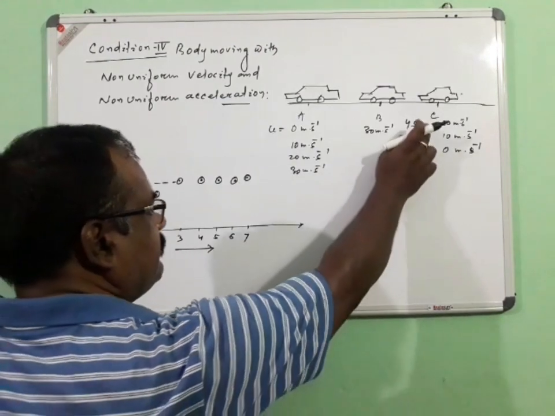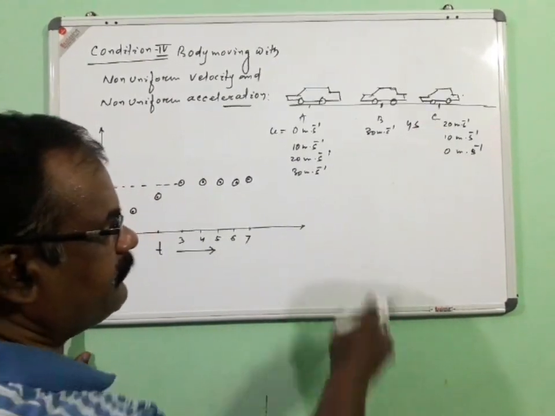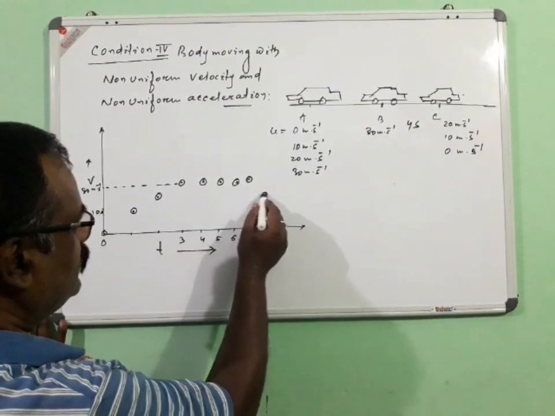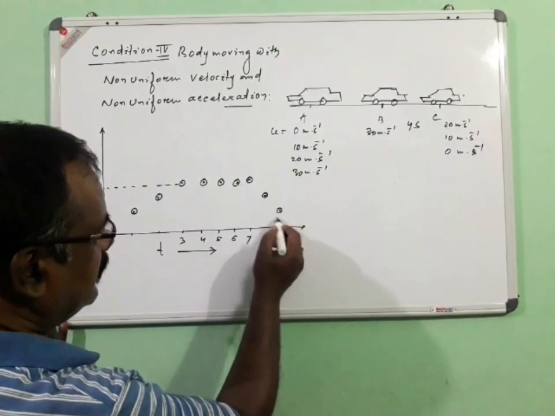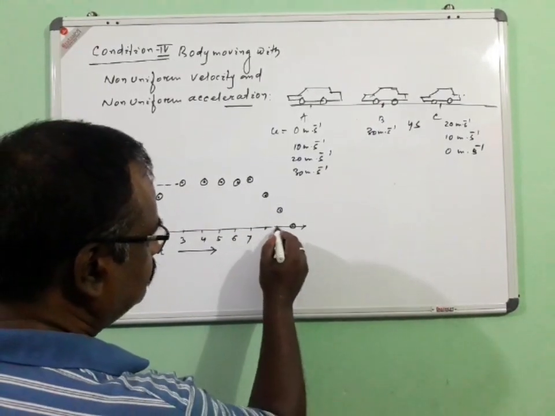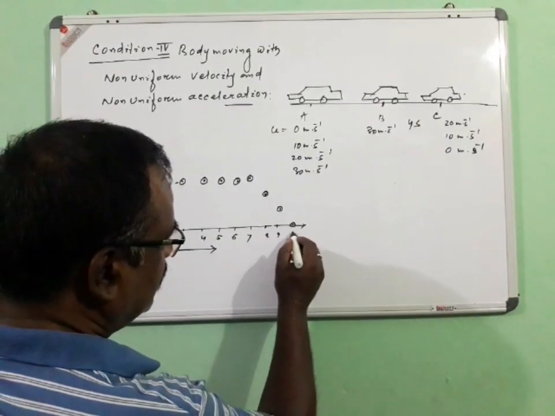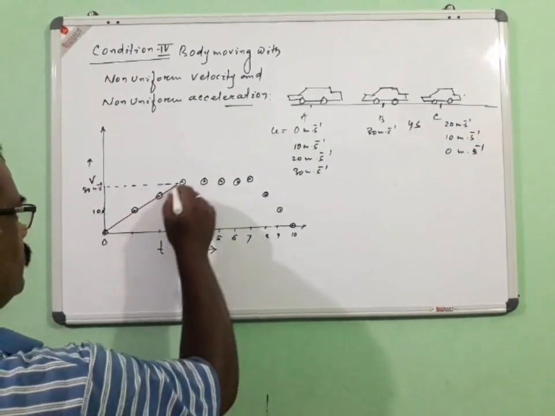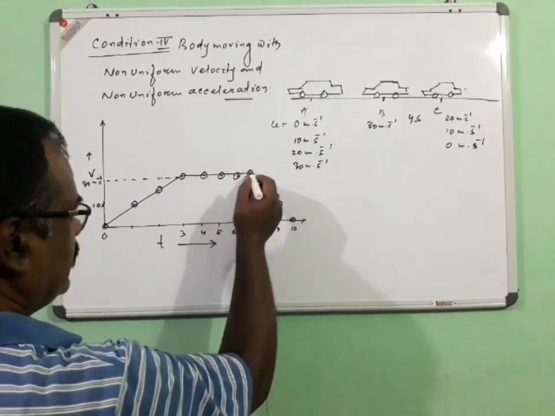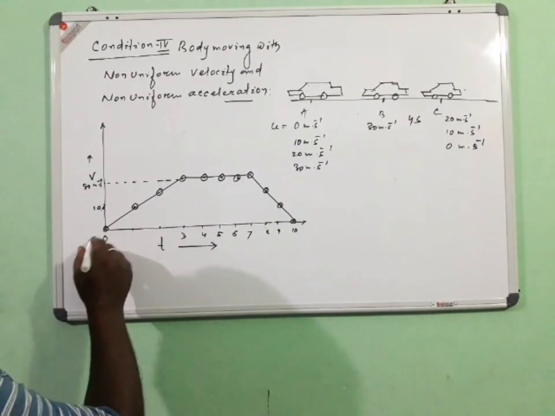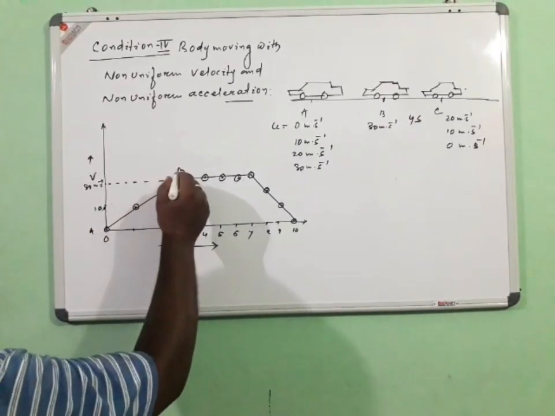Now on reaching 7 seconds, it has applied the brake, and as a result, again it has reduced to 20, 10, and finally it has come to 0 by 10 seconds: 8, 9 and 10 seconds. So if we join all those points, we will get a graph where we will find, from A to B, this segment